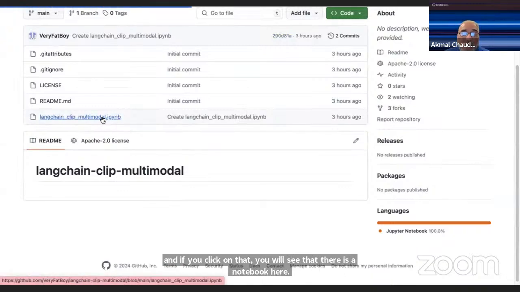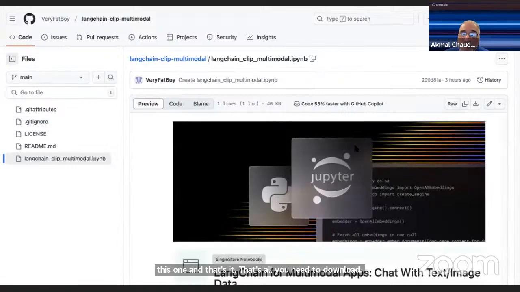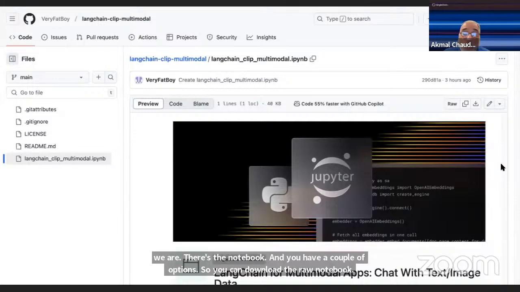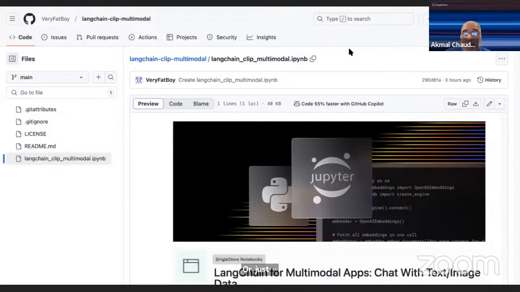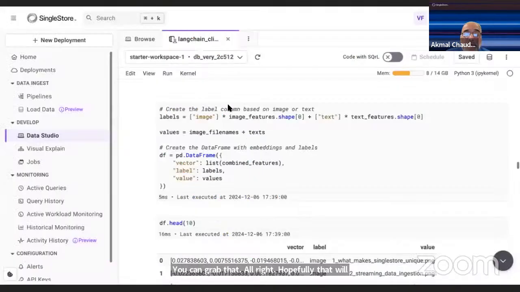You need to download it. So if I click on this, there's the notebook, and you have a couple of options. You can download the raw notebook, or you can fork it, whatever is convenient. That's the way that you can grab that. Hopefully that will get you what you need.